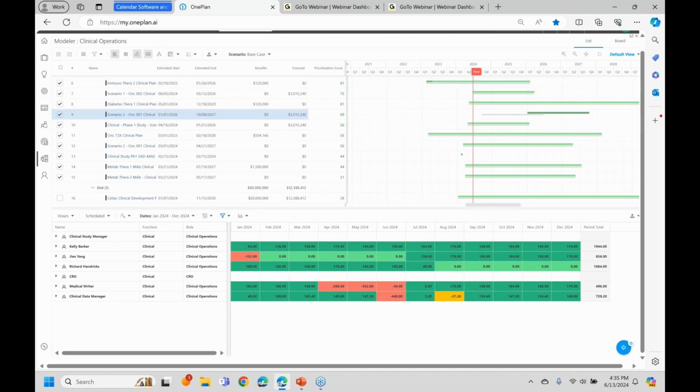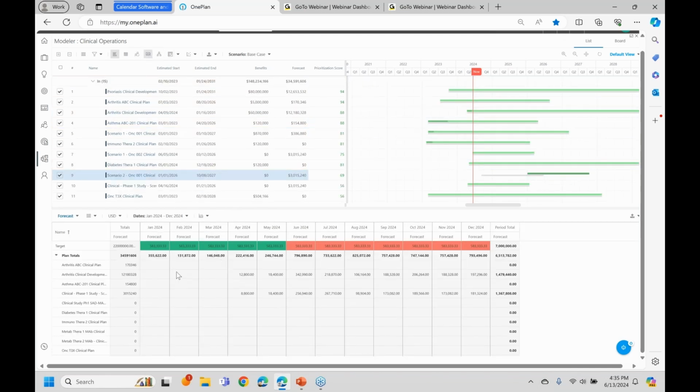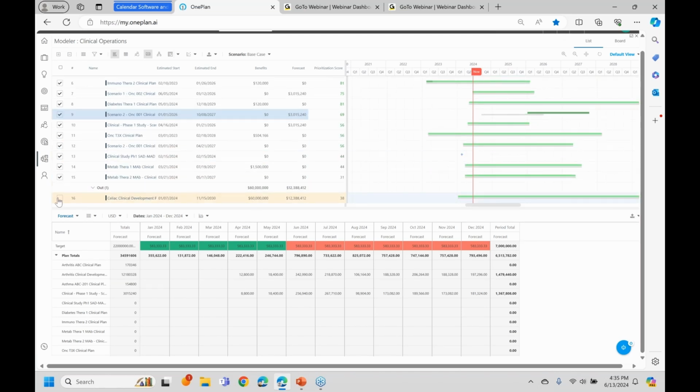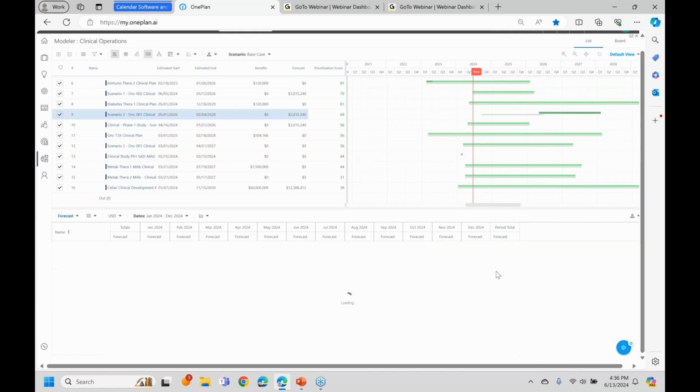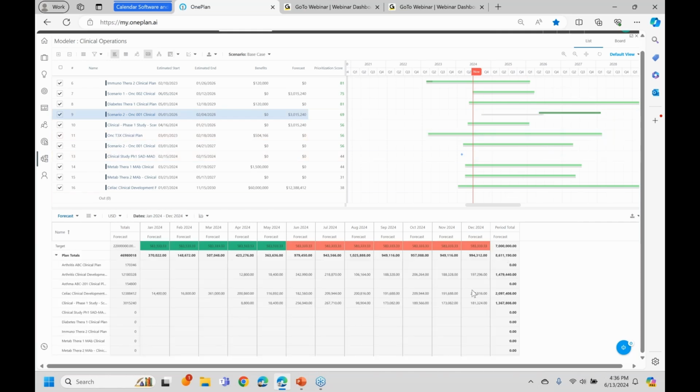You can also do the same thing with finances. So I can load up my financial plan. I've got my budget here. And by moving those projects out, it's recalculating that. Or if I move this back into the way we had it set, all of a sudden I start to become a little bit over budget. And again, you can start saying, hey, what if I move some of these projects to the left or to the right, and it recalculates your finances automatically to get to a point where you feel like you're balanced. We still have some red here, so maybe I need to move out